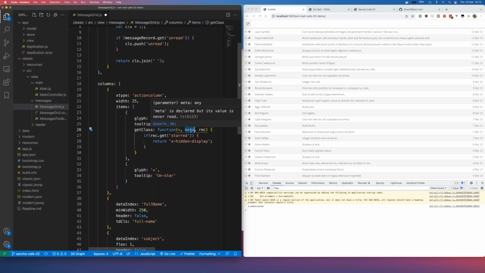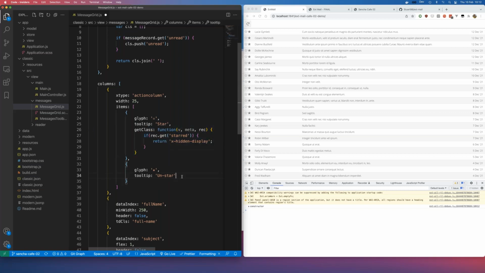Meta is just some metadata about the action, and then we get the rec, which is the record for that row. So we check to see if the record is starred already, and if it is starred, then we return the x-hidden-display CSS class, which basically just applies a display none to the component, and that will hide it. So for all the ones that are starred, we will hide this one,